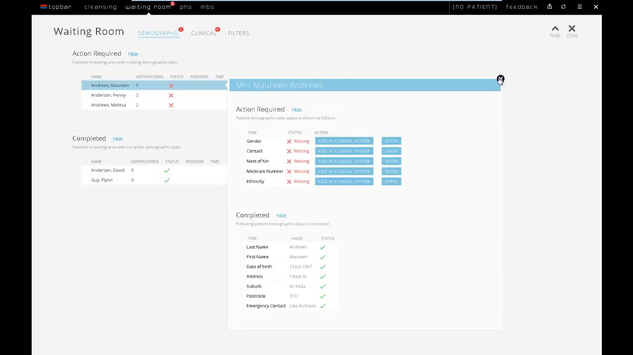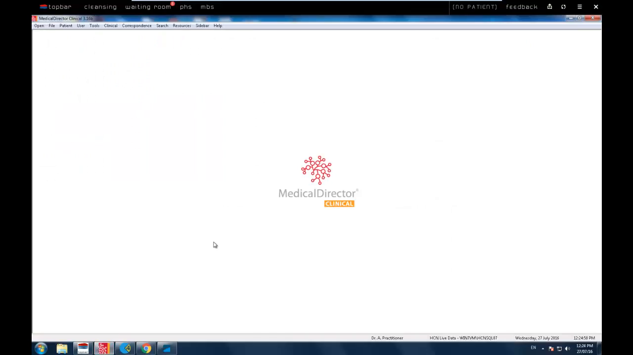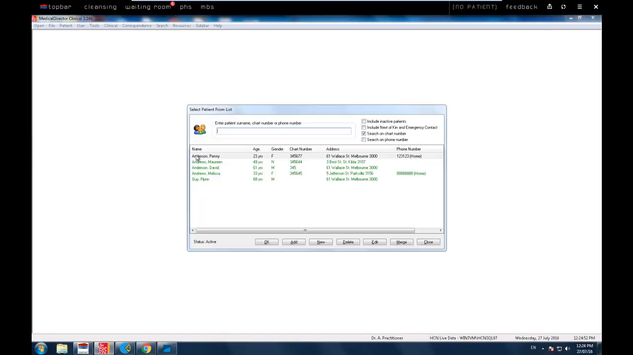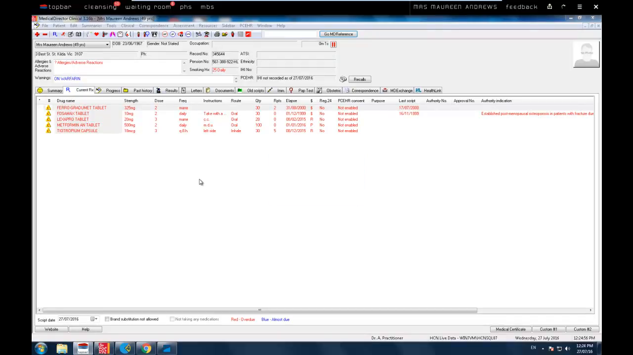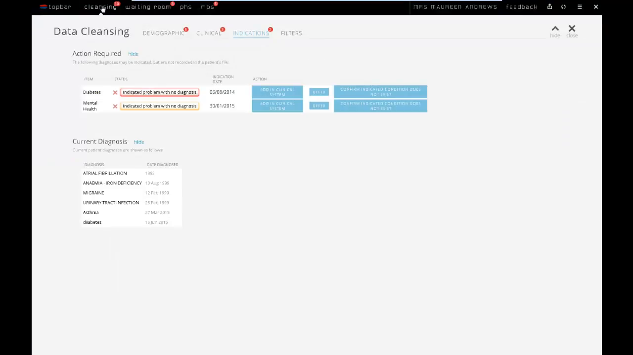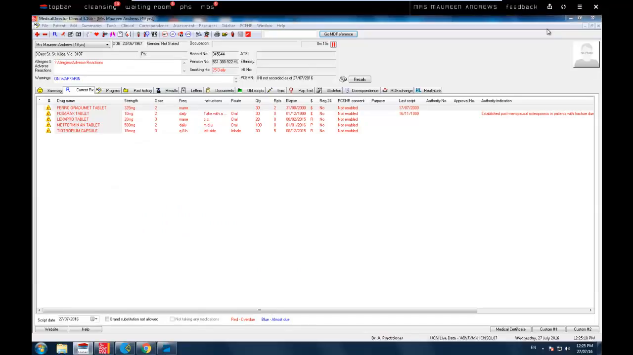that are completed. Or if the patient gets called into the consult room and it's actually opened up in your clinical system, as I'm doing now with Maureen, then the Cleansing app will do exactly the same as the waiting room app, but now just for the one patient. So again, under the demographic tab, you can see these items that are missing for this patient, and that corresponds, of course, to